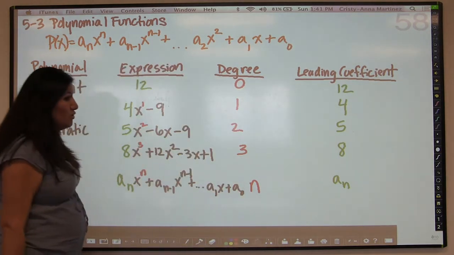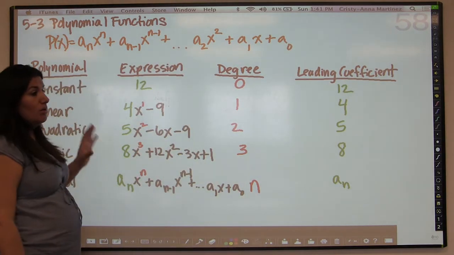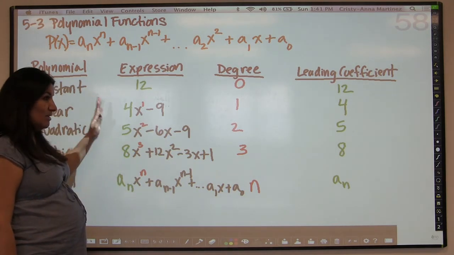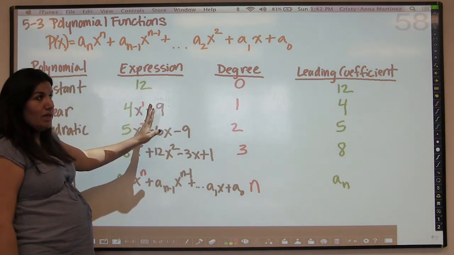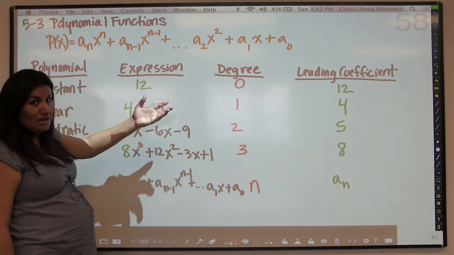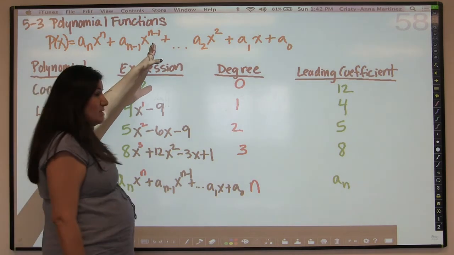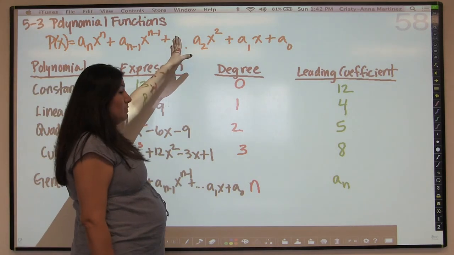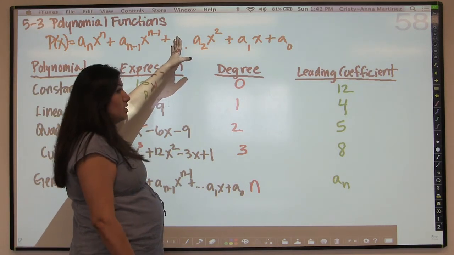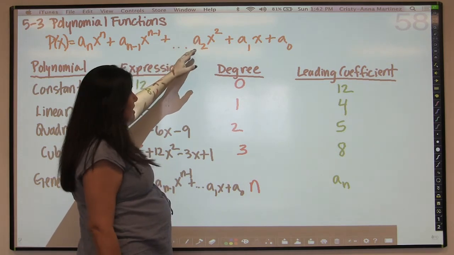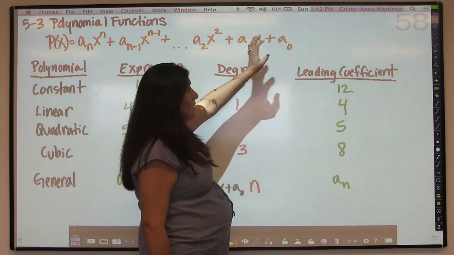So for example, if you had x to the 7th power, the polynomial would only be in standard form if you were going x to the 7th and then the next biggest, which would be n minus 1, so n in this case would be 7, and 7 minus 1 would be the x to the 6th, n minus 1 would be 6, and then n minus 2 would be 7 minus 2, so x to the 5th, and then x to the 4th, x to the 3rd, and eventually you get to x squared, x, and then no x,